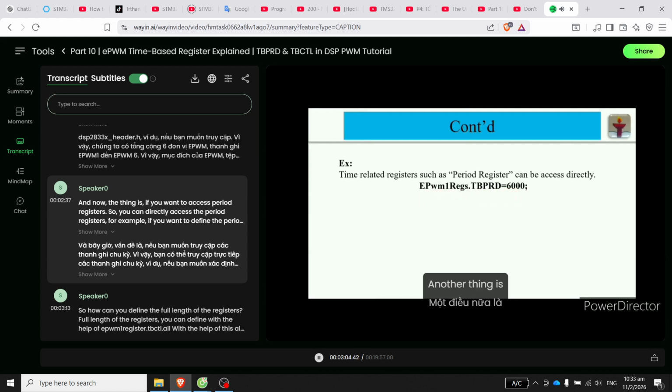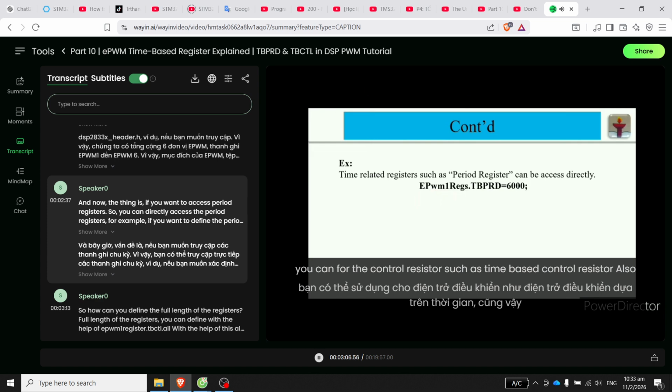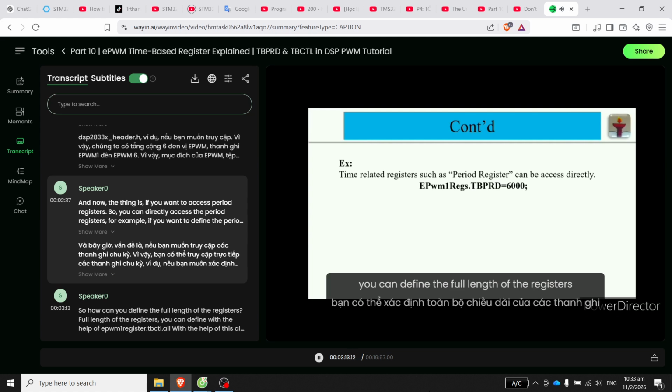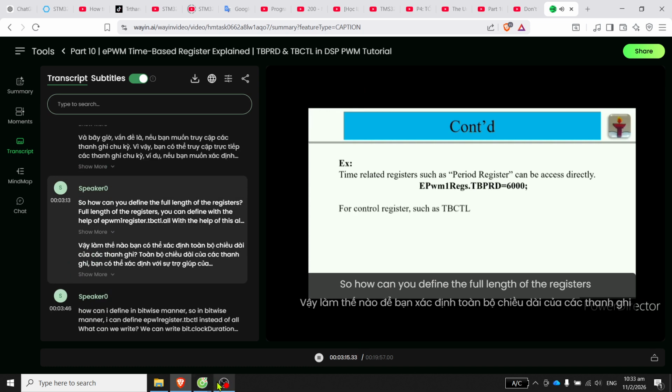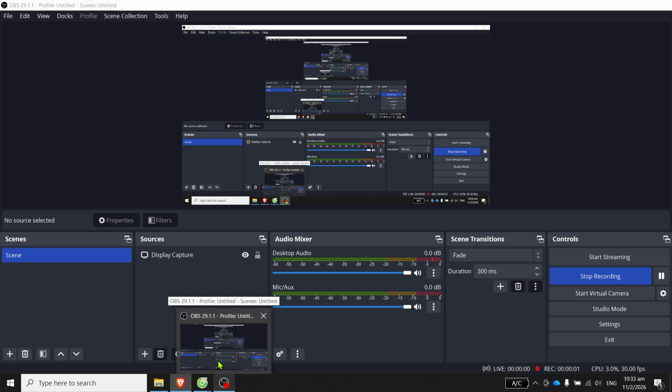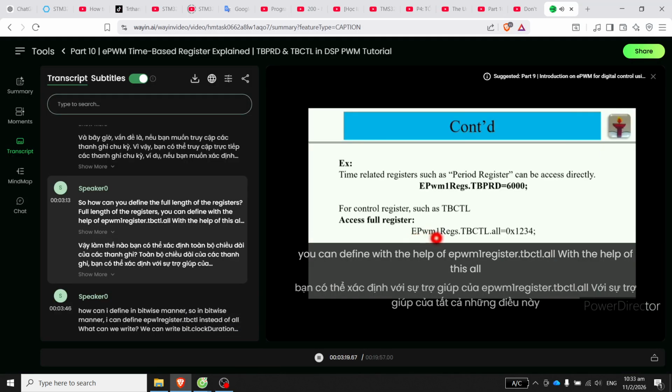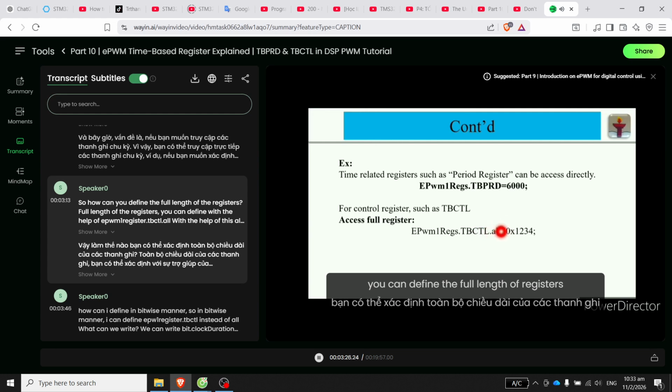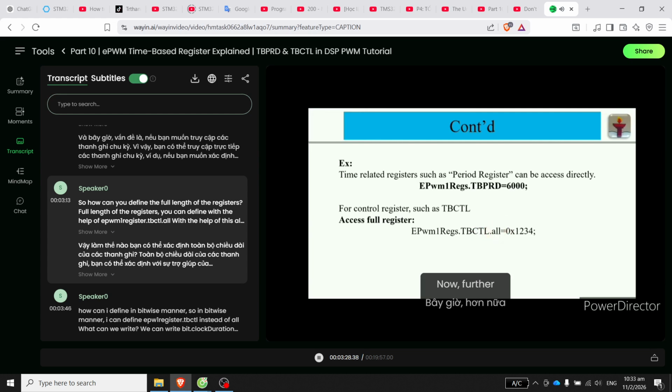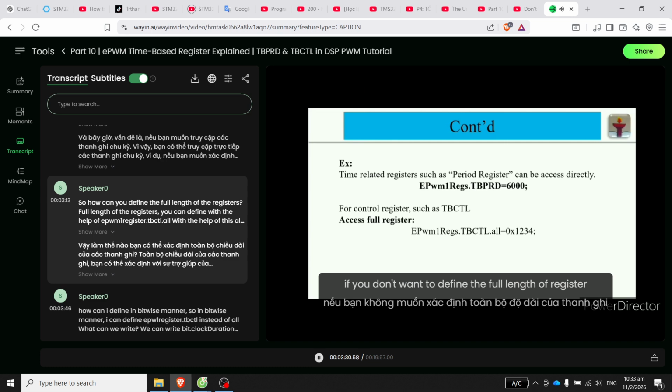Another thing is, for control registers such as the time-base control register, you can also define the full length of the register. How can you define the full length of the register? You can define it with the help of EPwm1Regs.TBCTL.all. With the help of this all, you can define the full length of the register. Further, if you don't want to define the full length of the register and want to assign the register with the help of bits,